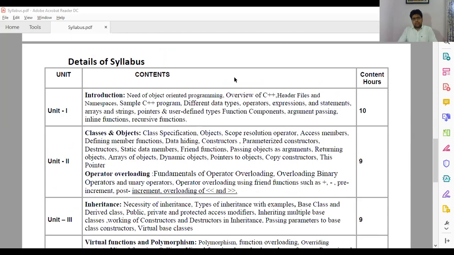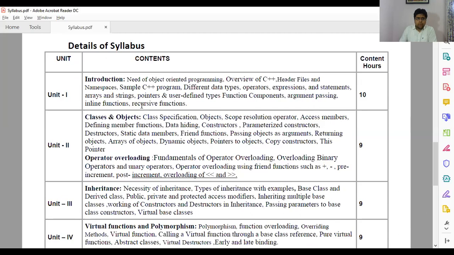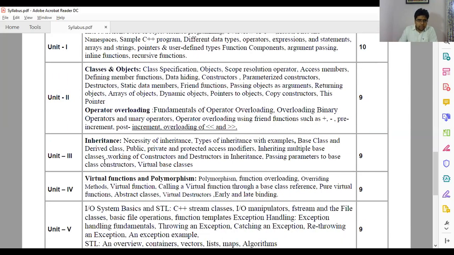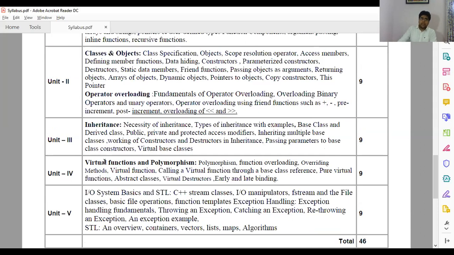In the first unit, we are going to introduce C++ and OOPS. You will get to know all sorts of things about OOPS and C++, the basic functions, inheritance, operators and so on. In the second unit, we are going to cover classes and objects. These are the soul of any object-oriented programming language, and C++ is an object-oriented programming language. We will also cover operator overloading in this unit. Third would be inheritance, also a very important feature of a language where you can reutilize your code.